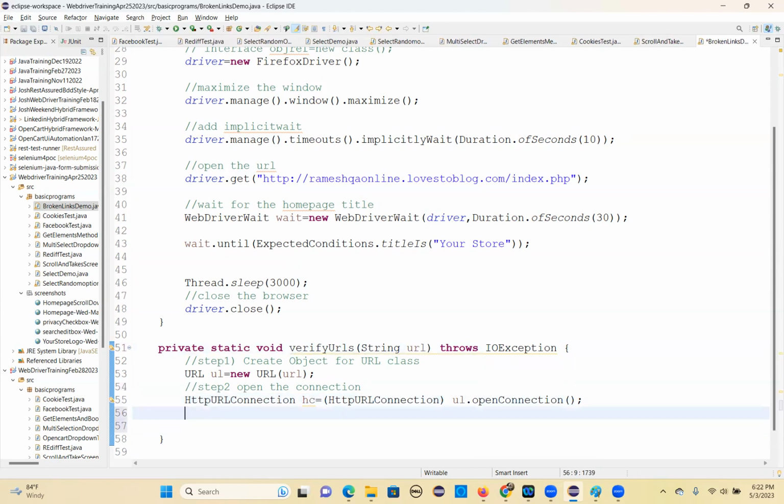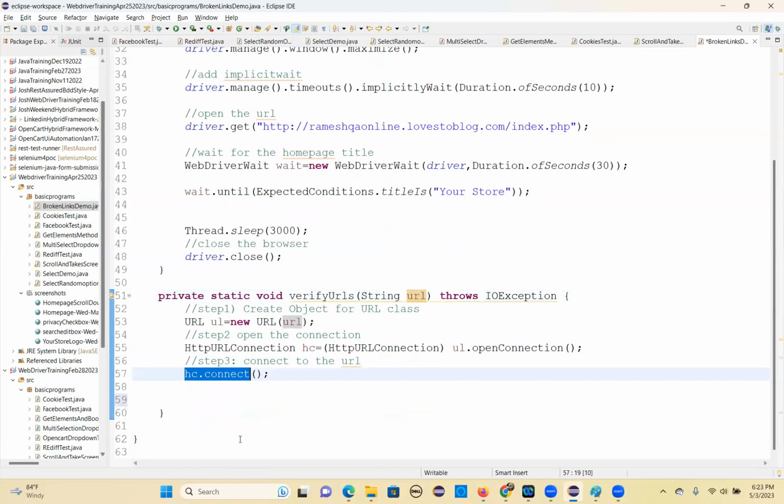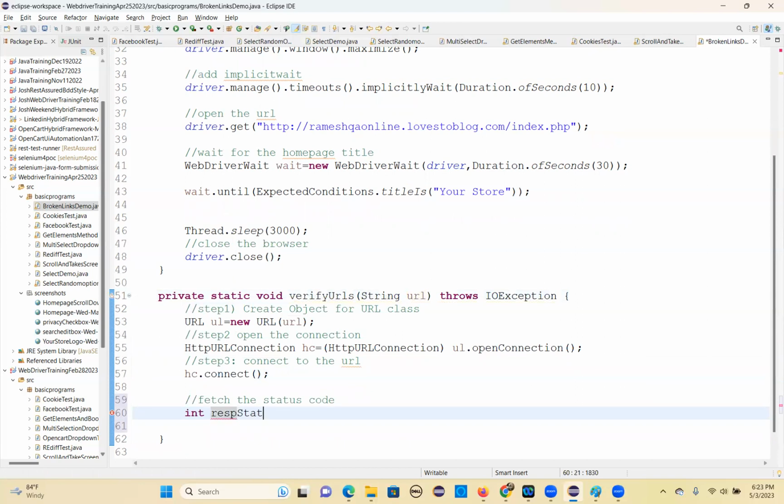That's the second step. Step 3, connect to the given URL. How to connect? hc.connect method is there. This will connect to that URL. So whatever the URL you are passing for this method, that URL will be connected. Once you connected, now fetch the status code, okay? Fetch the status code. So status code is int, okay? int responseStatusCode